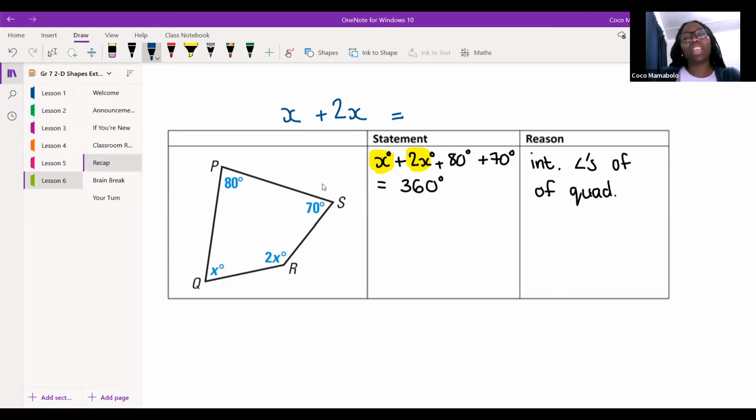Okay. So now we've got X plus 2X. That's going to give us 3X. So what I'm going to do is add the two things together. I'm going to take X plus 2X and make 3X. And then I'm going to take